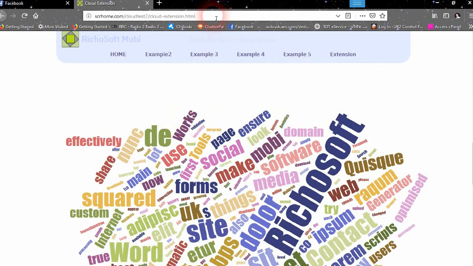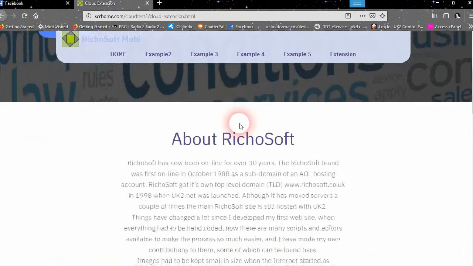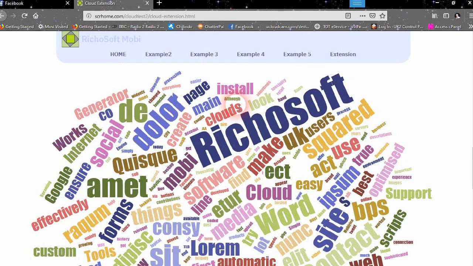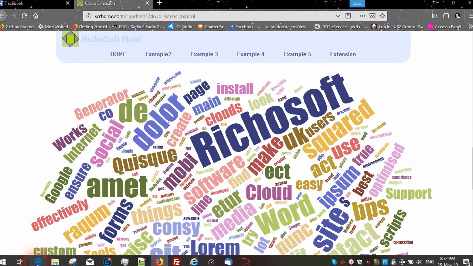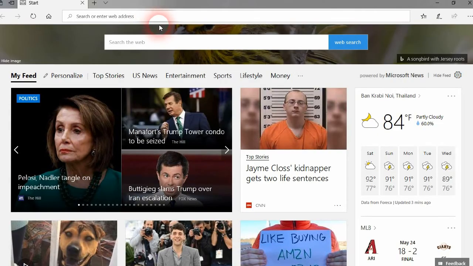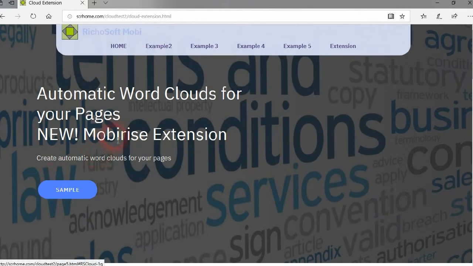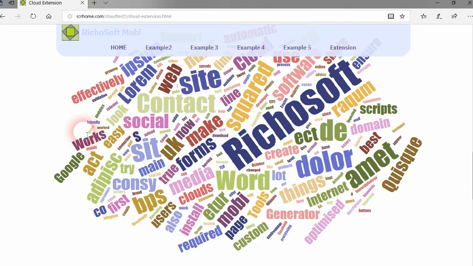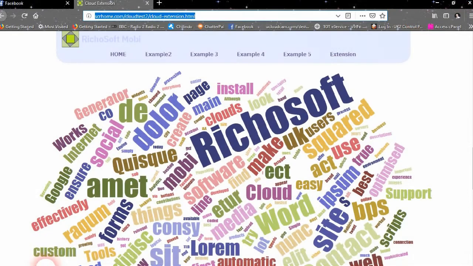But every time you reload the page, it will rejig the words, so your cloud never looks the same twice, as you can see. And it works in all browsers. So if we have a look in Edge, there it is in Edge, and if we look at it in Chrome,